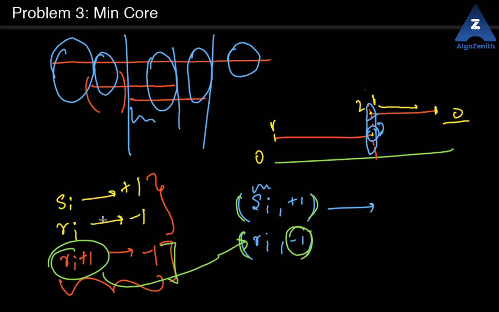So implementing problems using such interval intersections or unions is generally easy when you keep things like Si and Ri +1 and then process them in order, because these -1 events will happen first and they will be processed as per need. So that's all for this problem.